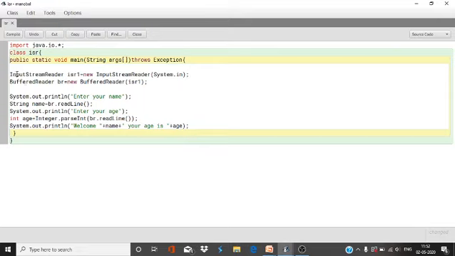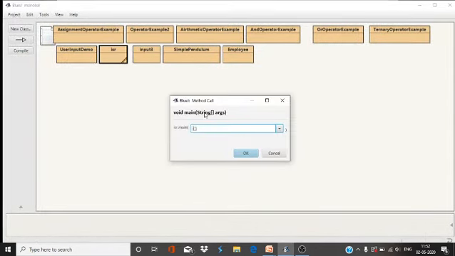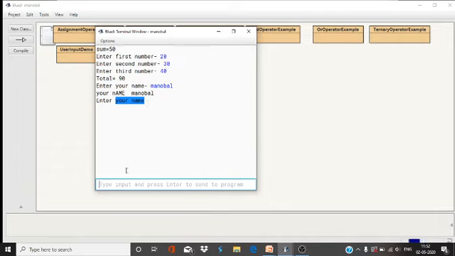Now compile it. No syntax error. Void main. Okay, see, first it asks: enter your name. Manobel.